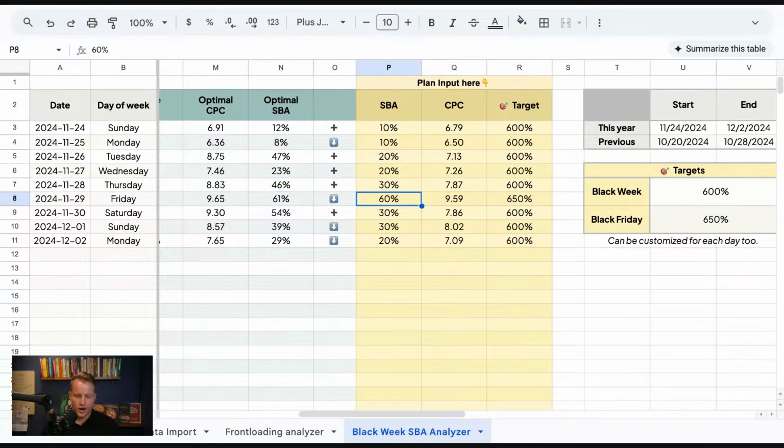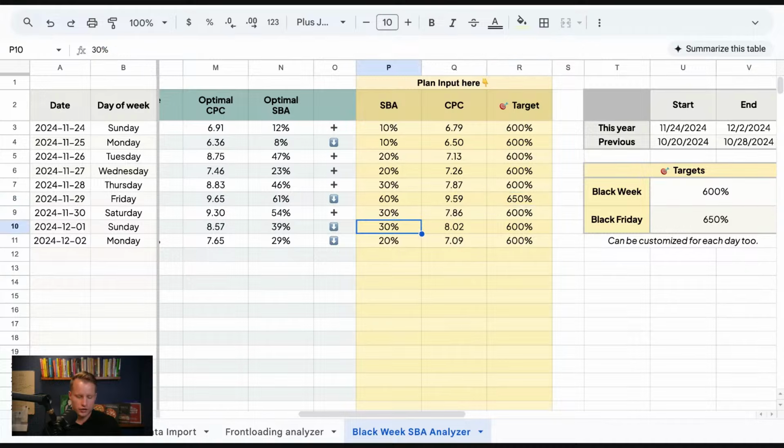So again, Friday, I'm going to start at 30, and then I'm going to increase to 40, 50, 60 at intervals during the day. I know for a fact I'm not going to go over 9.5 kroner CPCs. That's the most careful part I have to be here. I can't go much further than this, because if I do that, it becomes a profit. And I want to be a little bit higher ROAS on the day.